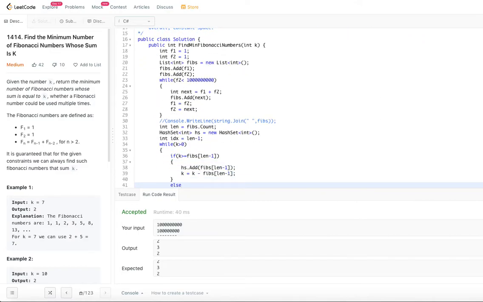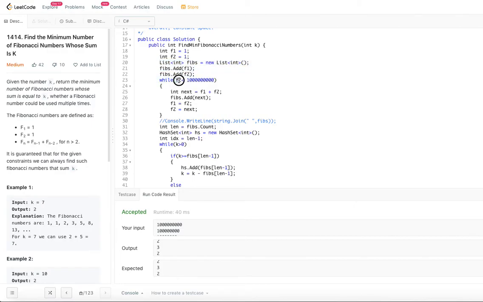So as I said, first we are going to construct the Fibonacci numbers until 10 power 9. Initially f1 is 1, f2 is 1, as mentioned in the description, and then we keep adding to this list the Fibonacci numbers that we encounter.